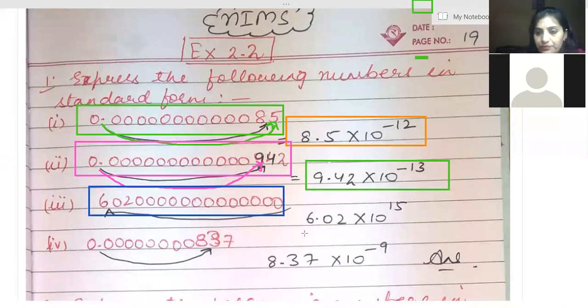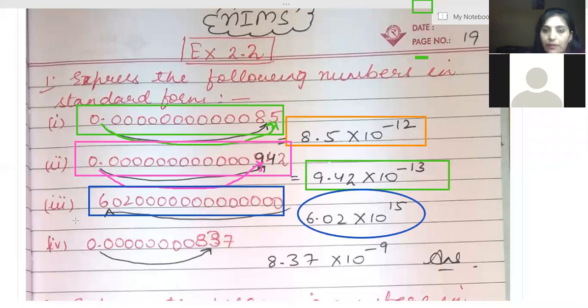The number is 6020000000000। अब हमें देखो डेसिमल जो है, what we have to do, we'll take from here and it will move after 6. So count the number of places it is moving. 1 2 3 4 5 6 7 8 9 10 11 12 13 14 15. So it will become 6.02 into 10 to the power 15. Yes beta, I hope it is clear.